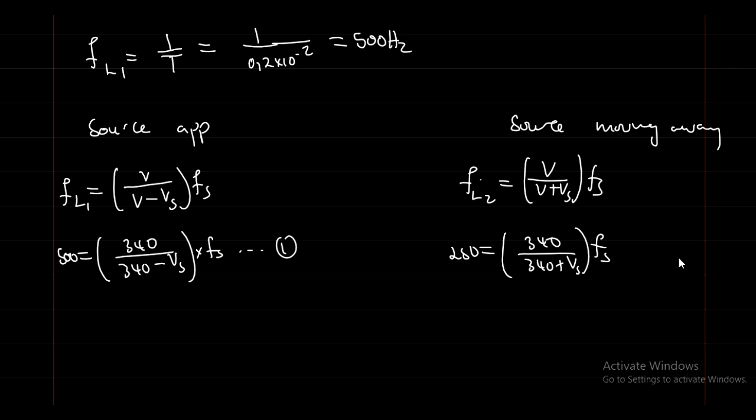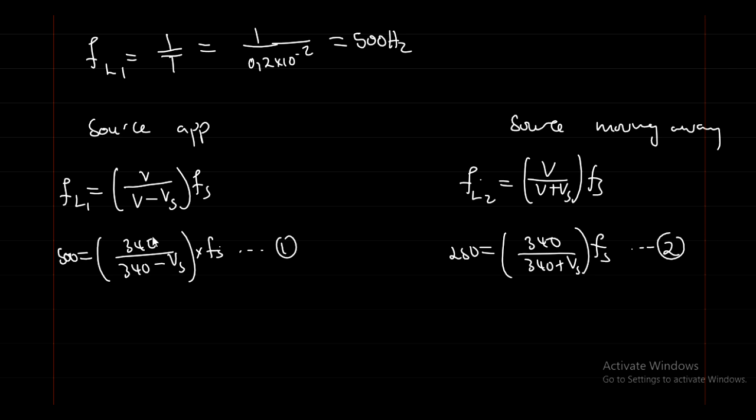So we have two equations now. I have equation 1, I have equation 2. So we can solve these equations simultaneously, because now I have two unknowns, I have Fs and Vs. You use your maths to solve the equations simultaneously. So what I do is that I multiply this equation by